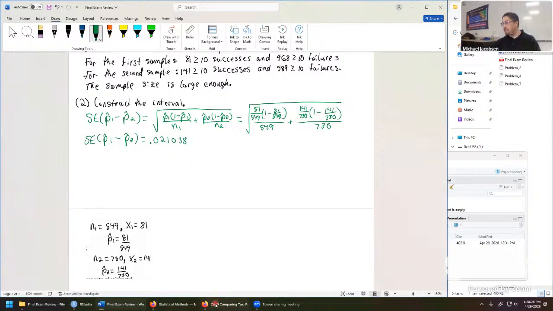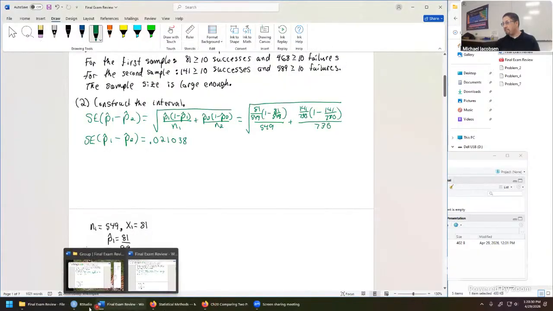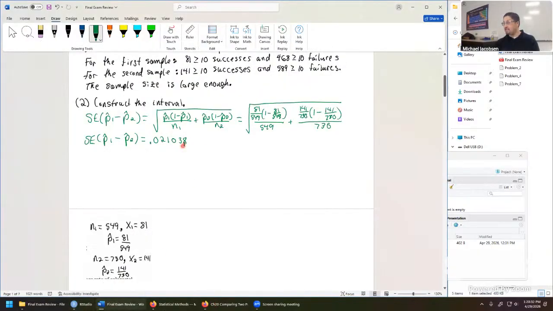Okay, we've got 5 significant digits, which is a good idea for, say, your test statistic. Once we have the standard error, we're basically done. We're going to start just putting things together. Next thing we usually put down on paper is going to be